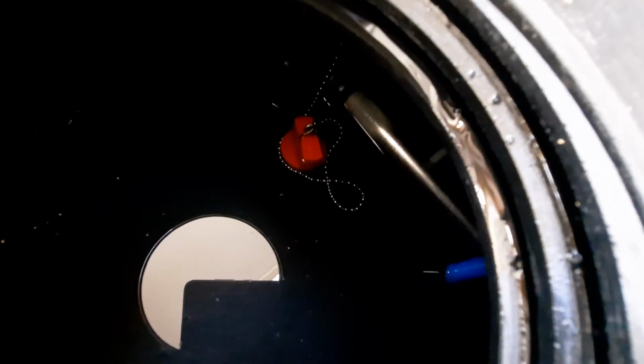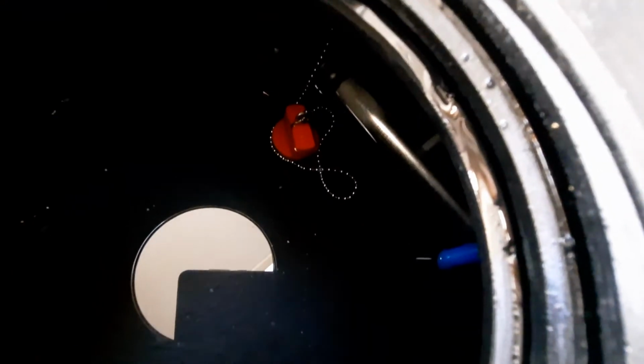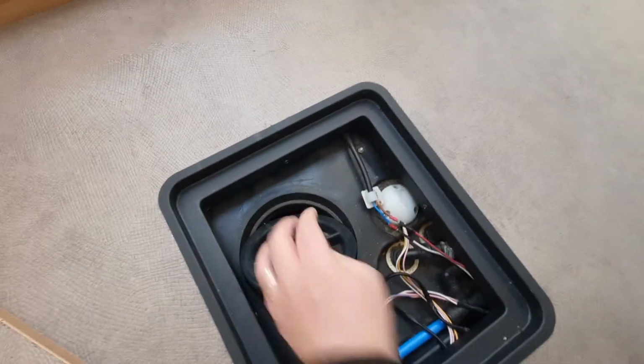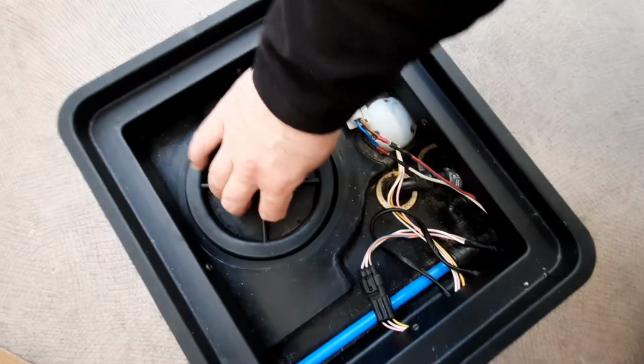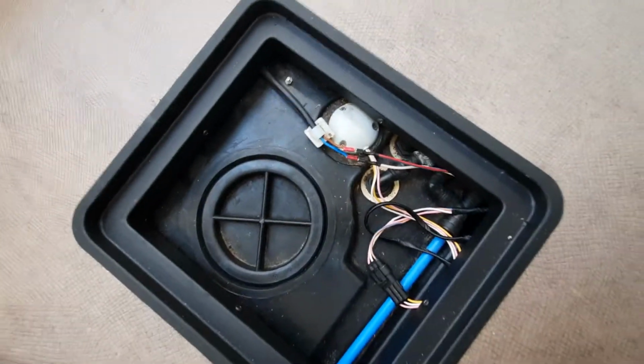So just remember that little plug at the bottom of your freshwater tank for emptying and filling up the fresh water. If you forget to put it back in and put water in through the filler point, it will just come out underneath the vehicle, so please just be careful. Once you put the bung back in, just put the actual cap on, just like that. And then put the floor panel